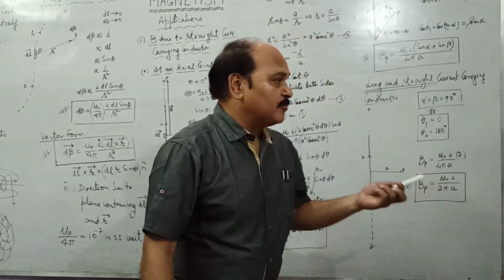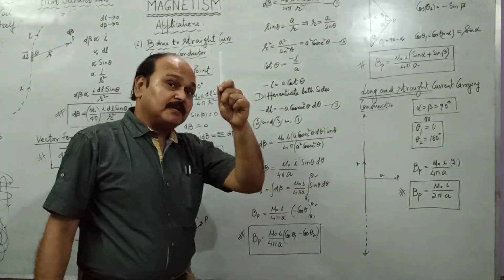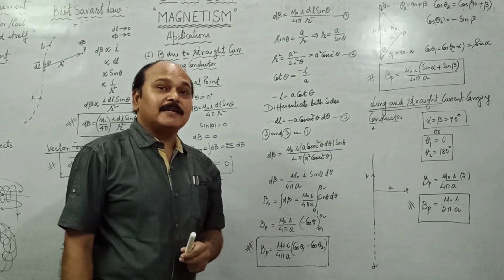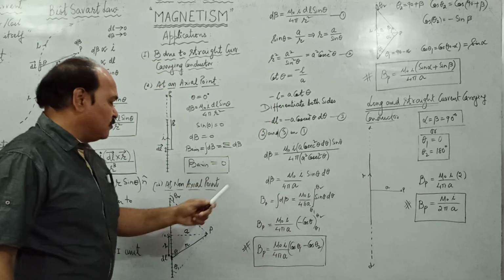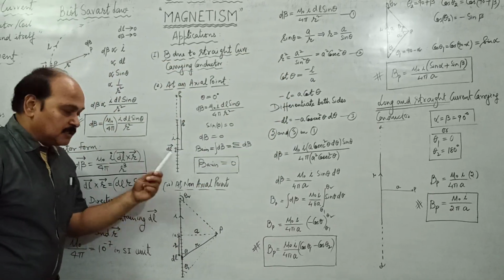Why? Because there are three variables. We can integrate any function only when there is one variable. So as long as there is a single variable, we can integrate the function. But see, in this function there are three variables. As you move from one end to the other end, dl of course is a variable. The other variable is what?